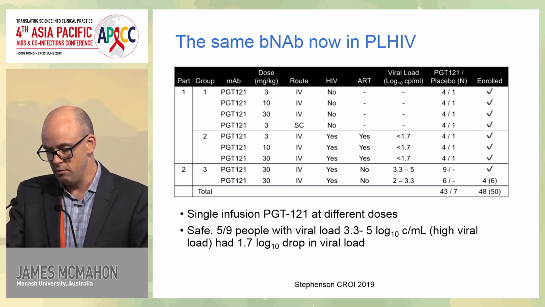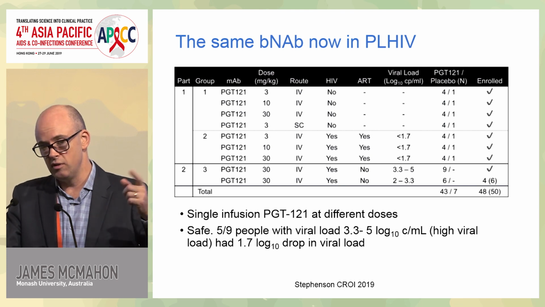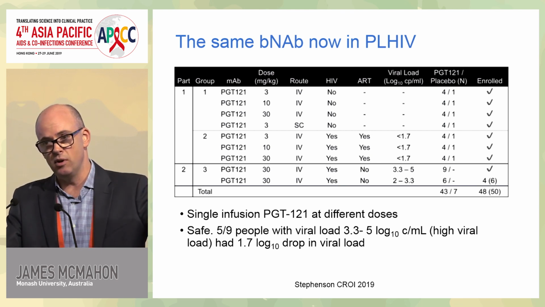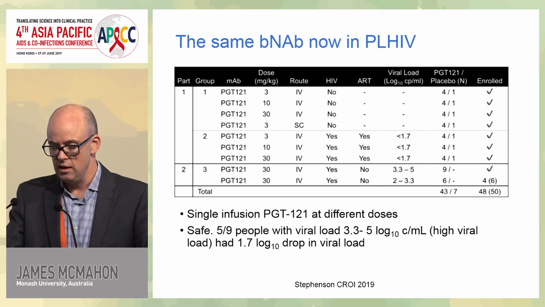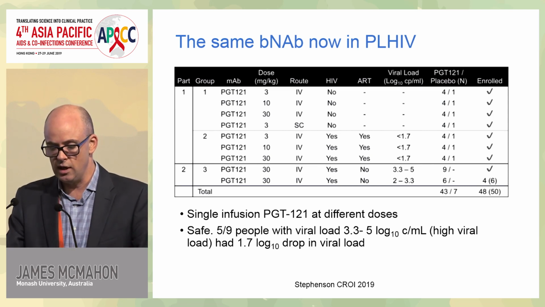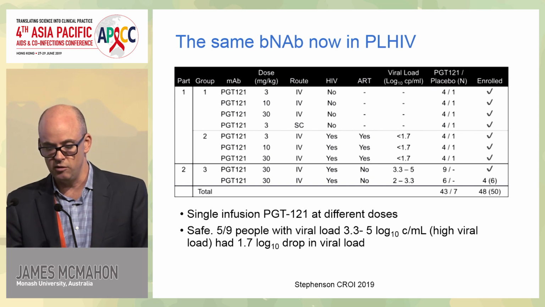From what I can understand, this hasn't been published as yet. But similar to what I'm going to show you from the study with the combination antibodies that led to suppression, some of these studies led to suppression as well. So this antibody, PhD-121, and you can see the little figure here, this is the people getting the DIN. It's dose escalation. They're getting different doses of the antibody.